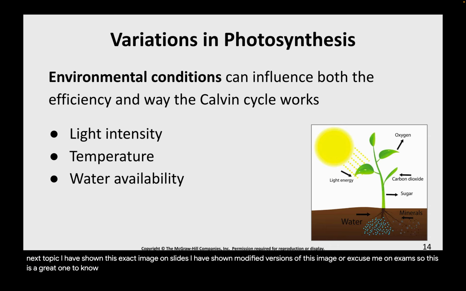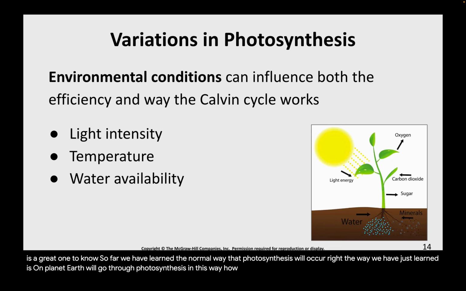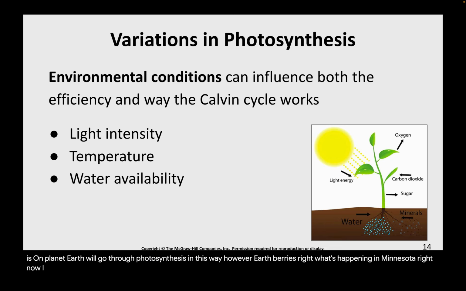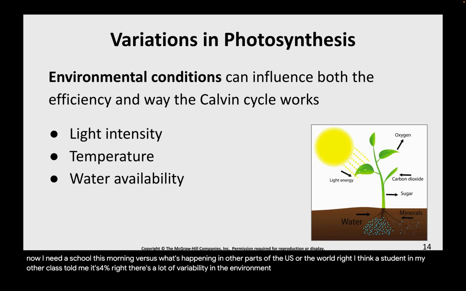All right, so far we have learned the normal way that photosynthesis will occur, right? The way we have just learned is how like 90% of the plants on planet Earth will go through photosynthesis. However, Earth varies, right? What's happening in Minnesota right now? It's really, really cold this morning versus what's happening in other parts of the U.S. or the world, right? I think a student in my other class told me it was 94 degrees in his hometown in Texas, right? There's a lot of variability in the environment, and the plants have to compensate for that variability,